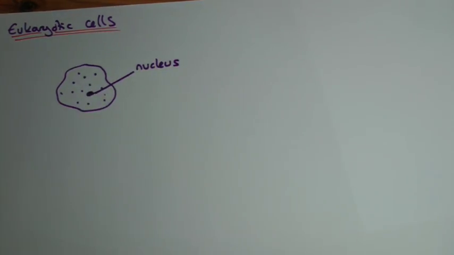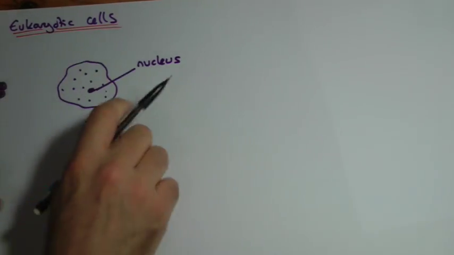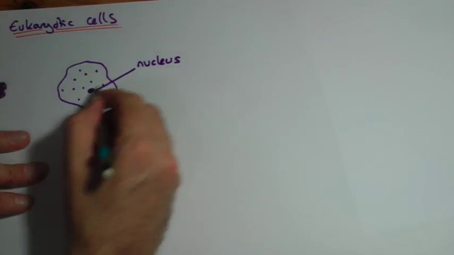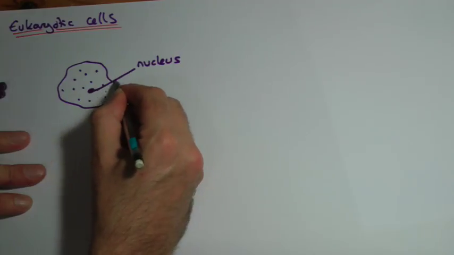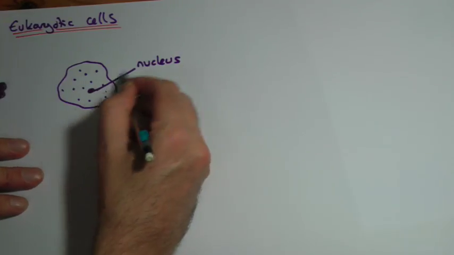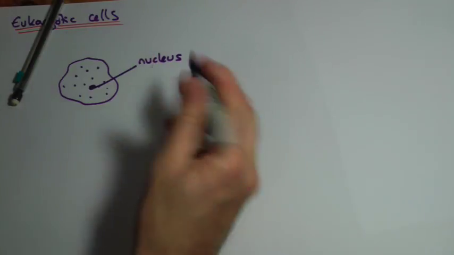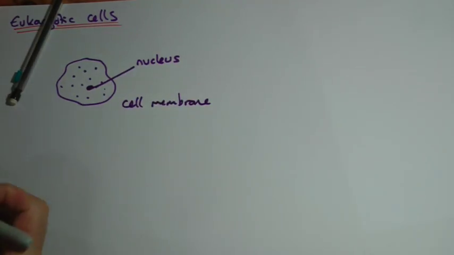By the way, I shouldn't have drawn that in pen really, I'll use a pencil from now on and get it right. If you're going to draw a label onto a diagram, it's not an arrow, it's just a straight line, and make sure it touches the thing that you are labelling. If you don't, it's incorrect. If I put cell membrane here for a second to show you,